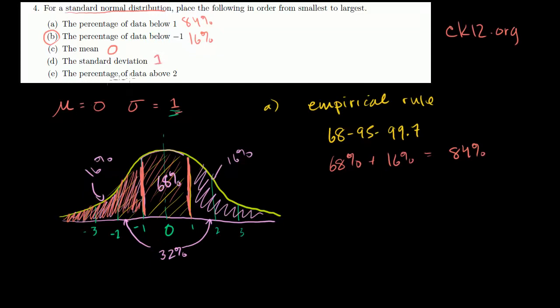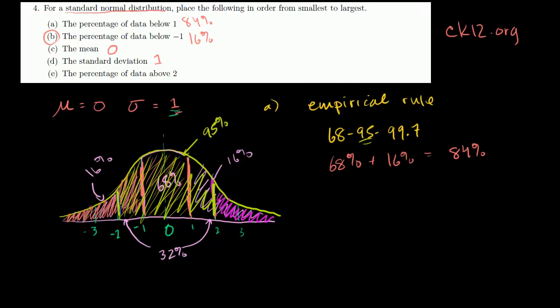Part E, the percentage of data above 2. So we know from the 68, 95, 99.7 rule that if we want to know how much data is within 2 standard deviations, let me do it in a more vibrant color, green. If we're looking from this point to this point, it's within 2 standard deviations, right? The standard deviation here is 1. That whole area right there, by the empirical rule, is 95% within 2